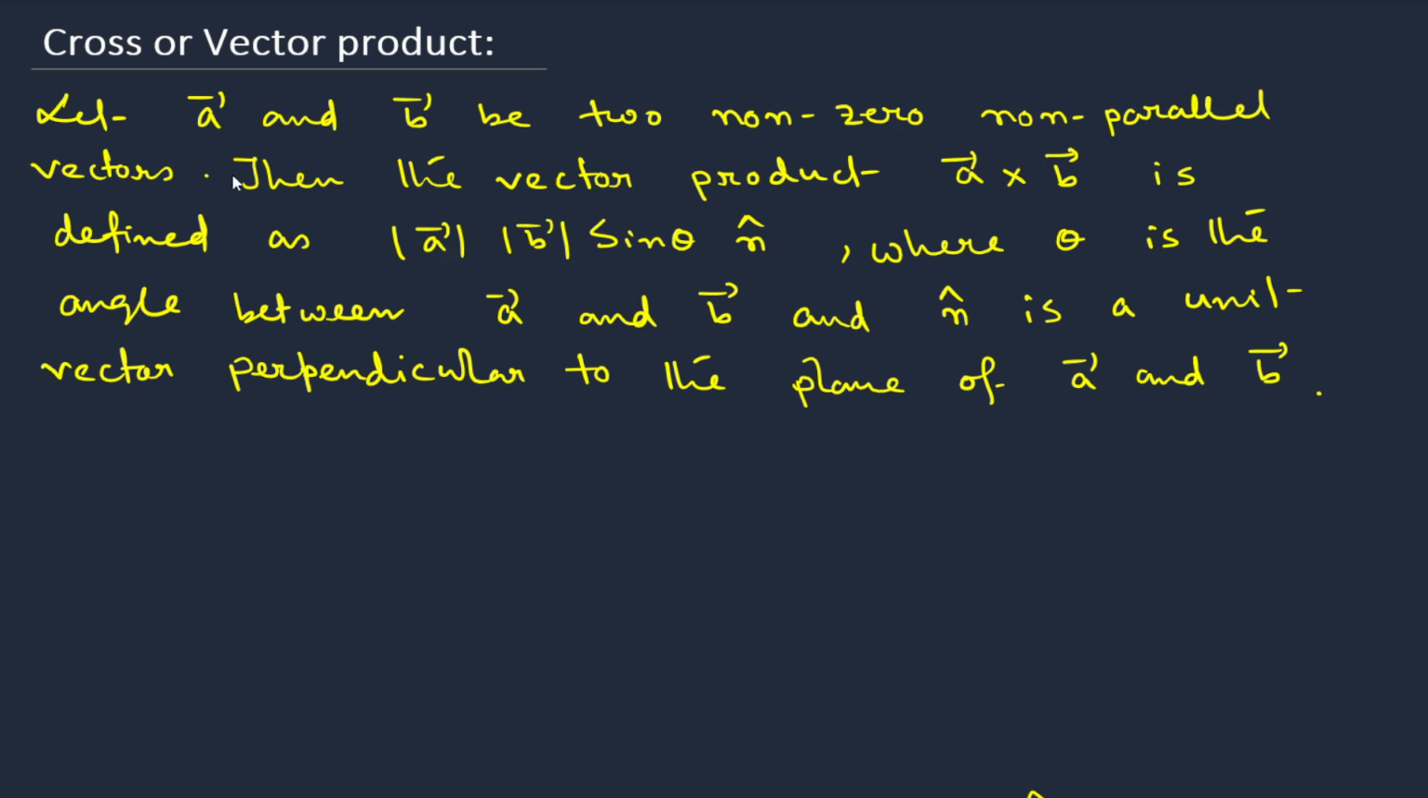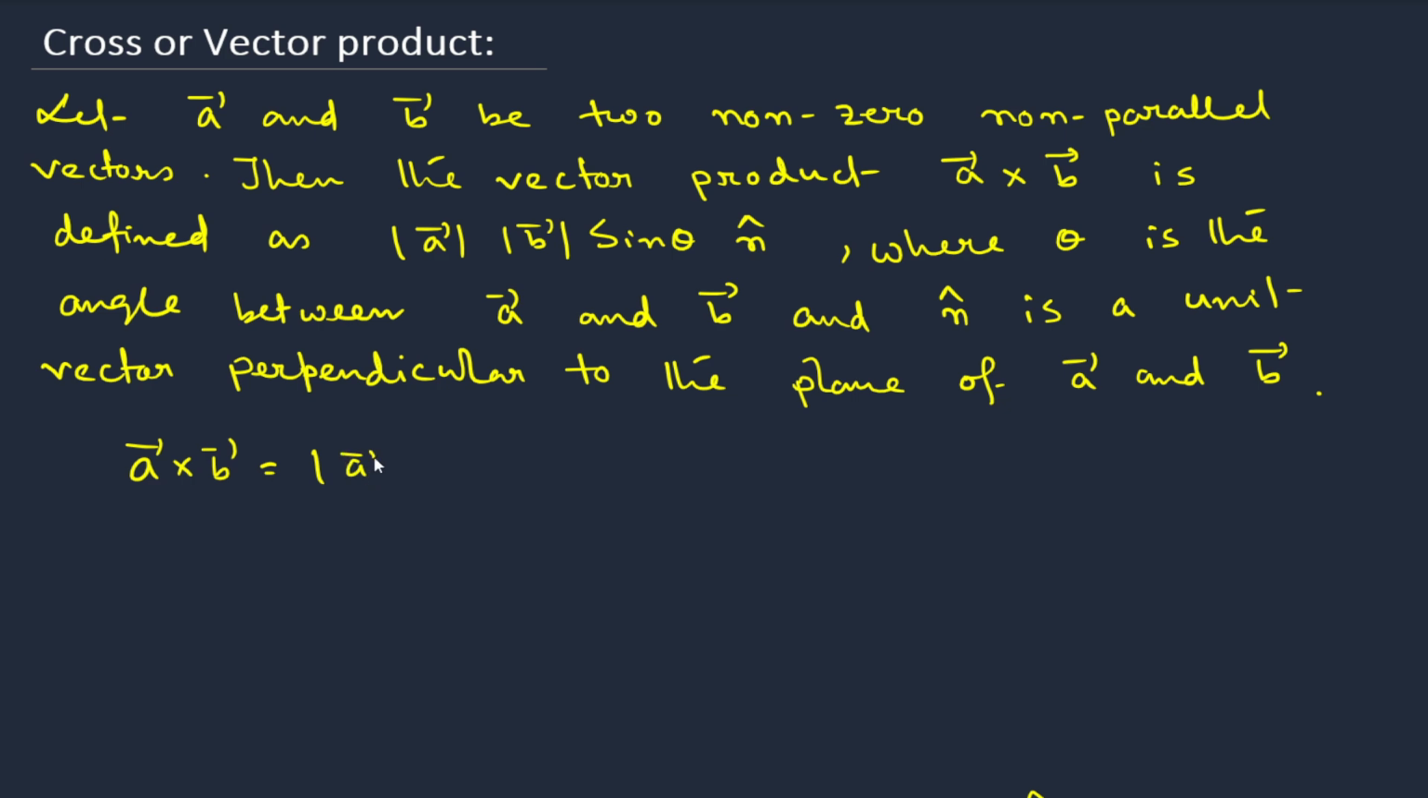First we have to take two vectors a bar and b bar, where both are non-zero and non-parallel. Non-parallel means they are not parallel, because if they are parallel then there will be no angle between a bar and b bar. So they have to intersect. Then the vector product, how do we denote it? A bar cross b bar is defined as